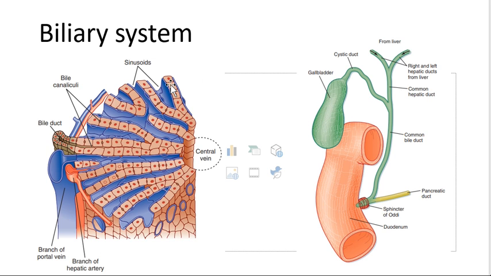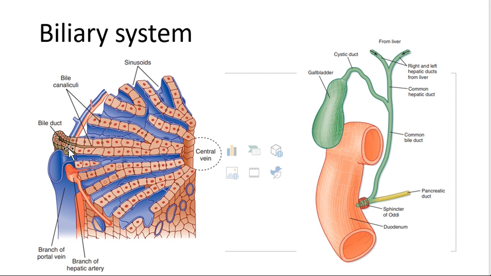So if you see the microscopic structure of the liver, this is the microscopic structure of one lobe, in which the hepatocytes are arranged around canaliculi, and between the canaliculi there are blue colored sinusoids. Sinusoids are basically open spaces into which the portal vein pours venous blood. That venous blood collects in the central vein and forms the vena cava. But this is about circulation. Here we are talking about the biliary system, which is of our importance when we talk about digestion and absorption.